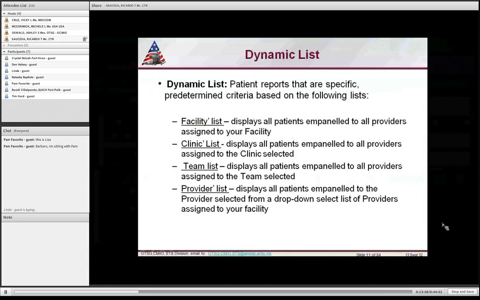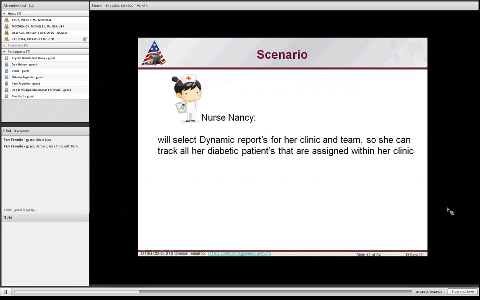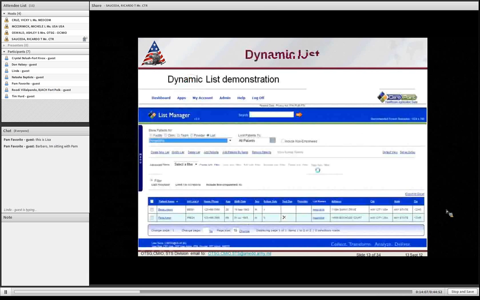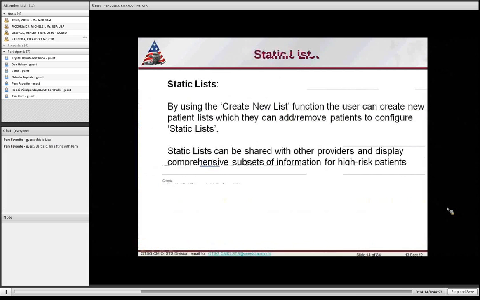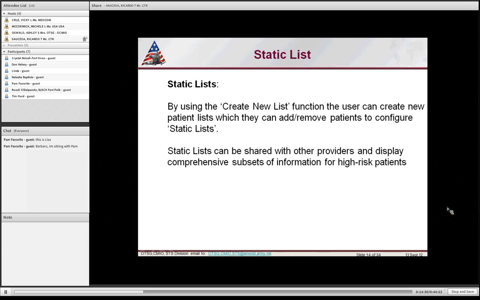All right, we already talked about dynamic lists. We already selected a dynamic report, and I demonstrated. And I did my demonstration for dynamic lists. Let's talk about static list. A static list is two types, a create new list function and an advanced function, okay? And a create new list function, just like Nurse Nancy did, is she pulled all her diabetic patients for her clinic,